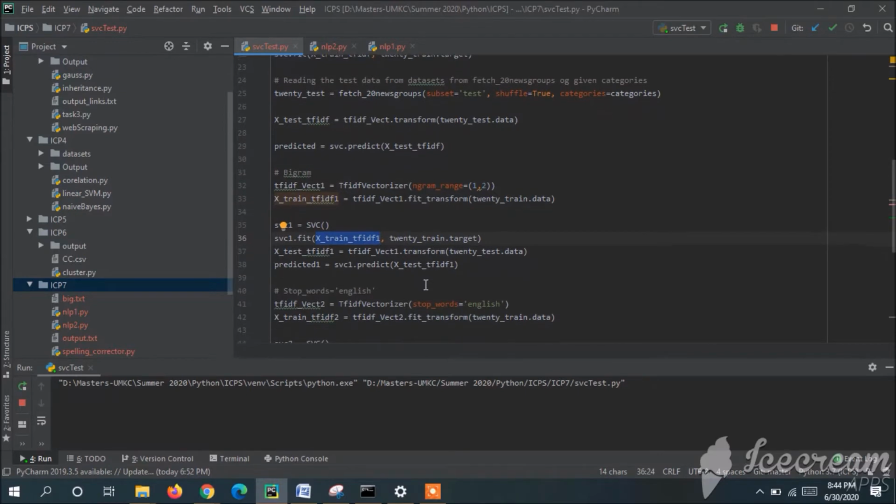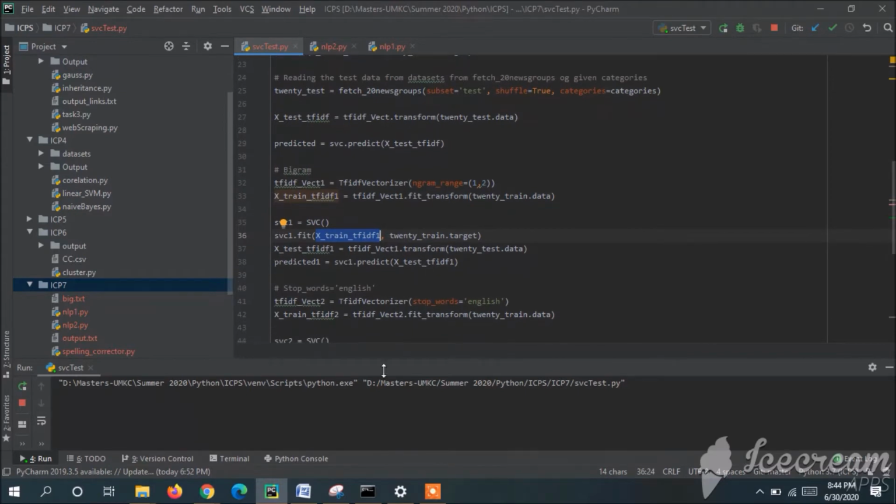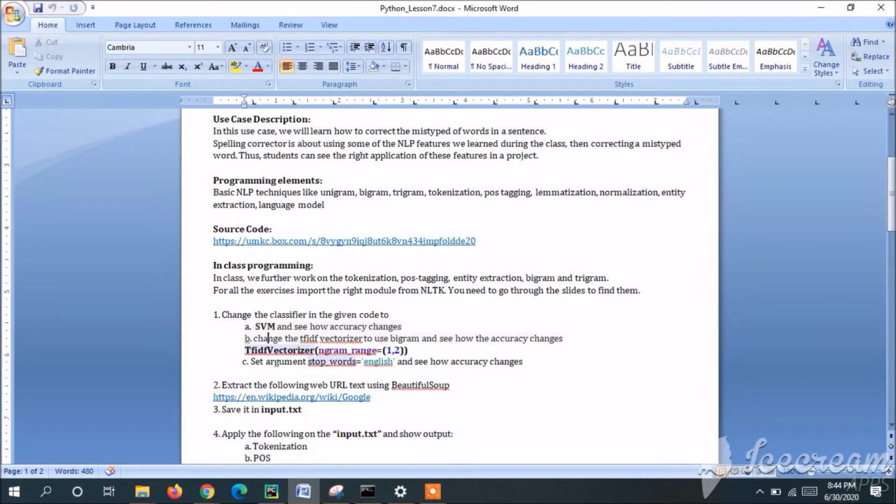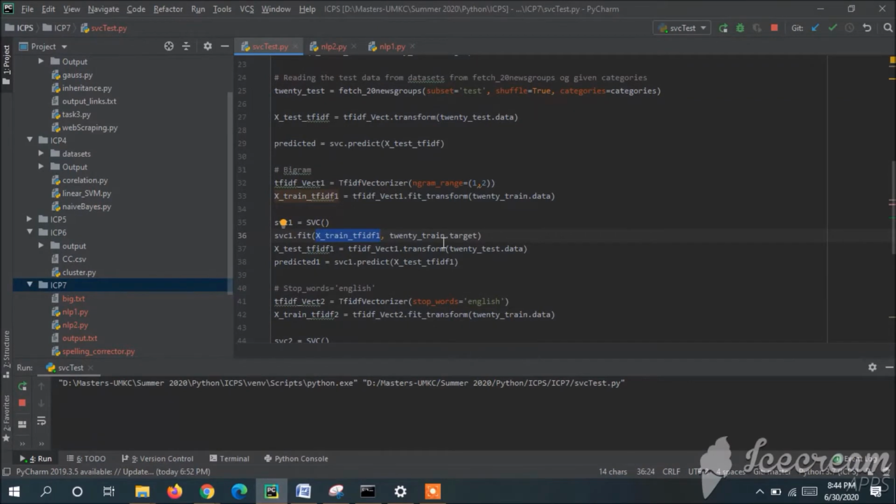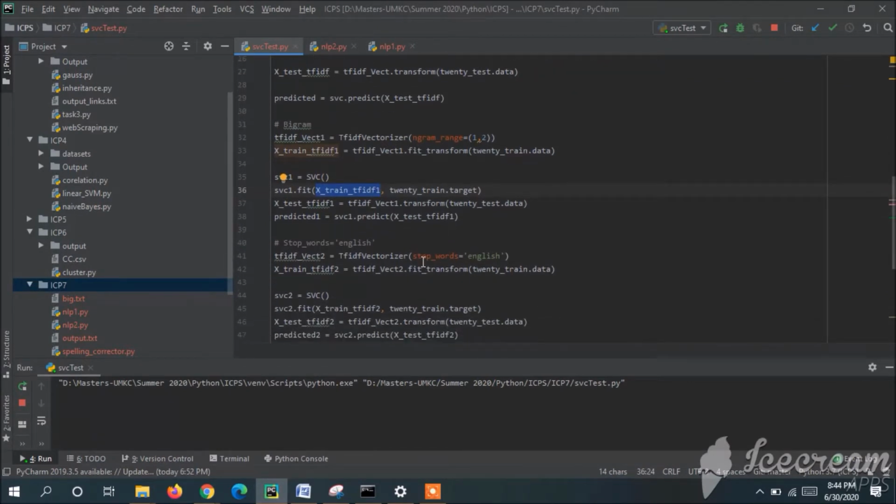And the third part of the ICP is to set the argument with stopwords English and see how accuracy changes. Here I am setting the parameter with stopwords English and sending it to the vectorizer function.